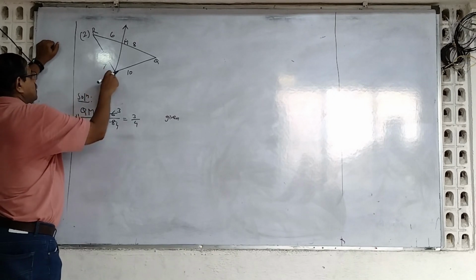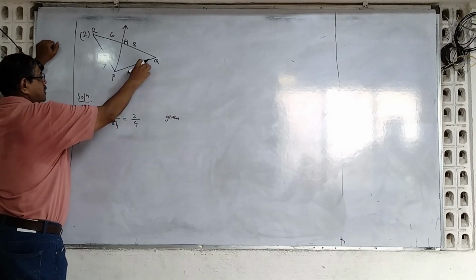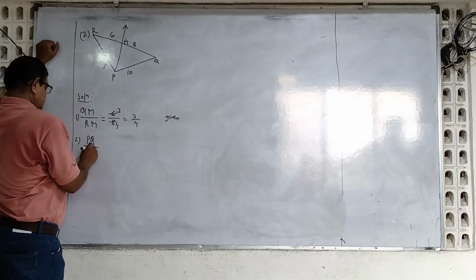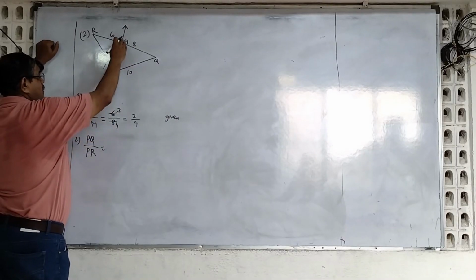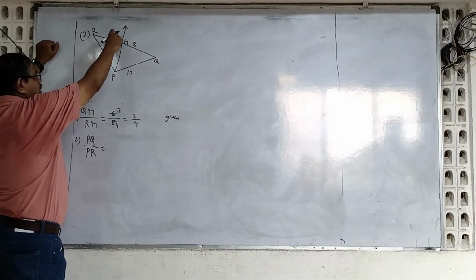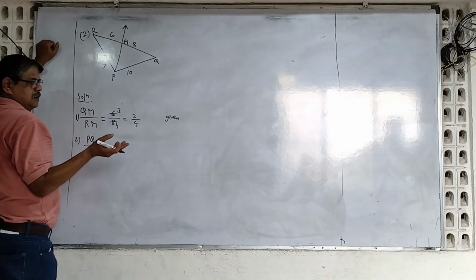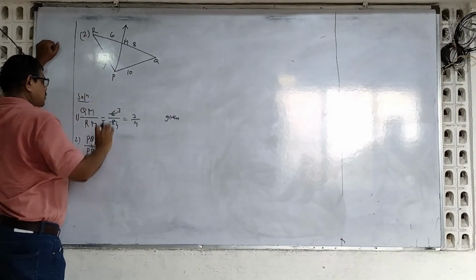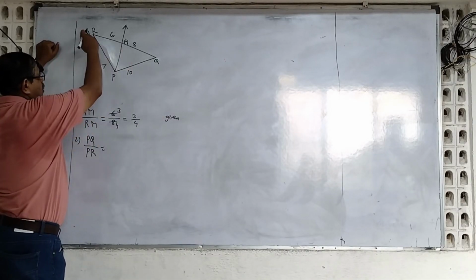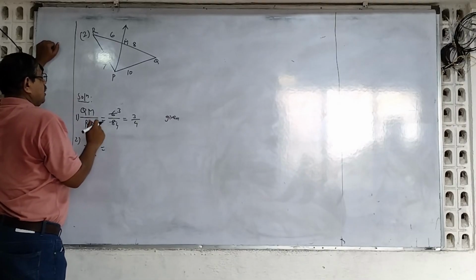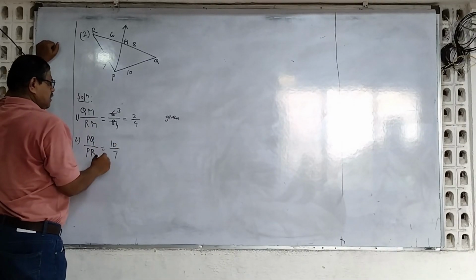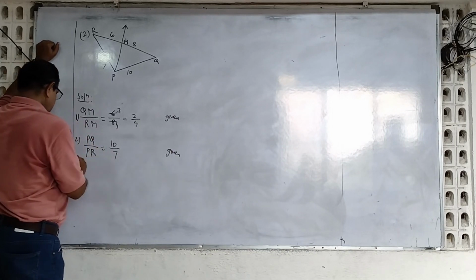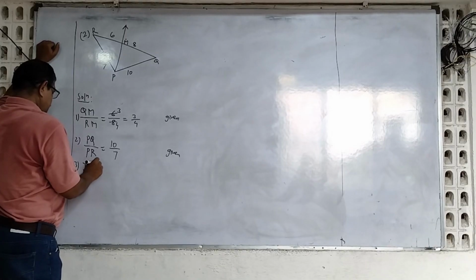Second, now QM means I have to take PQ first. PQ upon PR. I am taking your QM first. So if someone takes RM upon MQ, that is also right. According to the first ratio, you have to take the second ratio. That you have to keep in mind. So here I take QM upon RM, so PQ upon QR. PQ is 10, this is 7. Are they equal? No. Correct? And so I will write in triangle PQR,